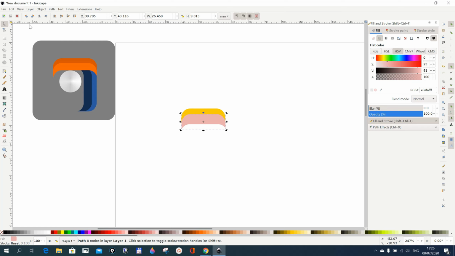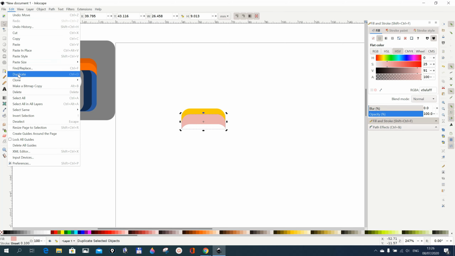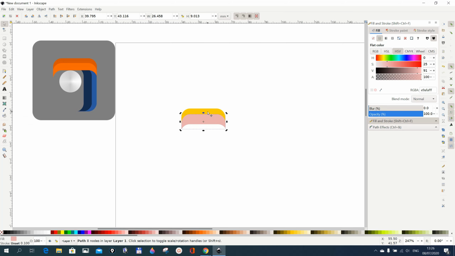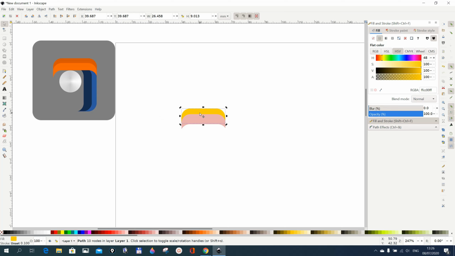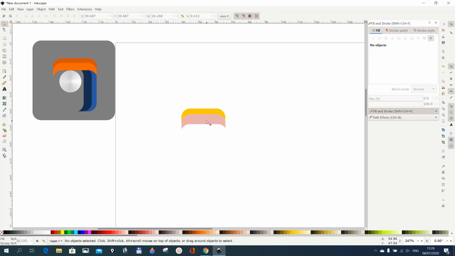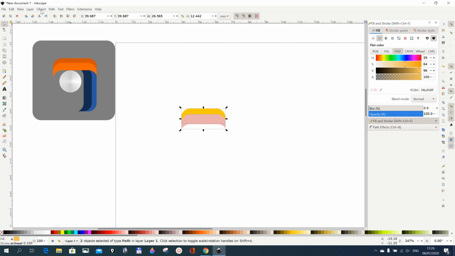So press this, already pressed, go to edit, duplicate, and then with that selected, go to shift and select this yellow one, and then go to path, difference. So now we have this and this, because I did the duplicate so that this doesn't vanish when I do the difference. Now select both and then go to